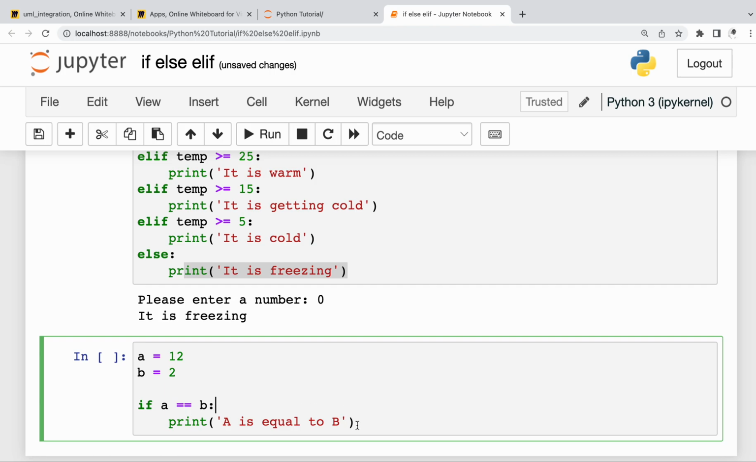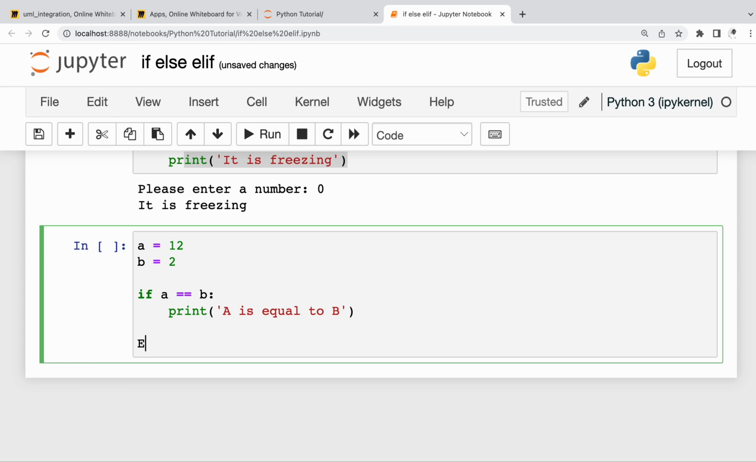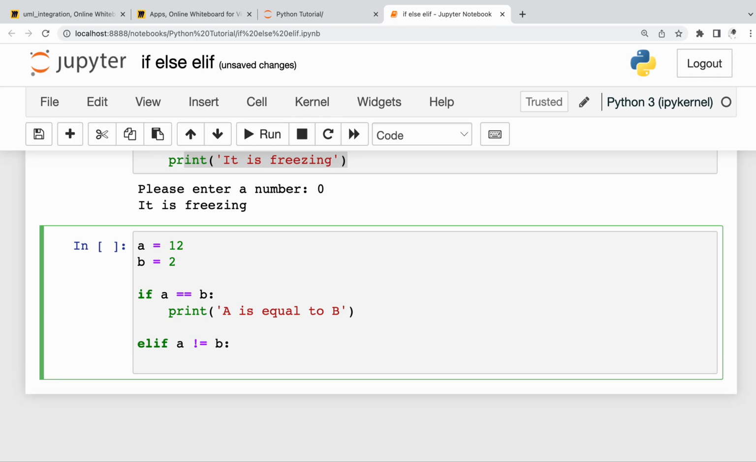Alright, so let's do this elif, and we'll say elif. Oh, those are encapsulators. Let's say elif a is not equal to b. Then what do we want Python to do? Say print a is not equal to b,